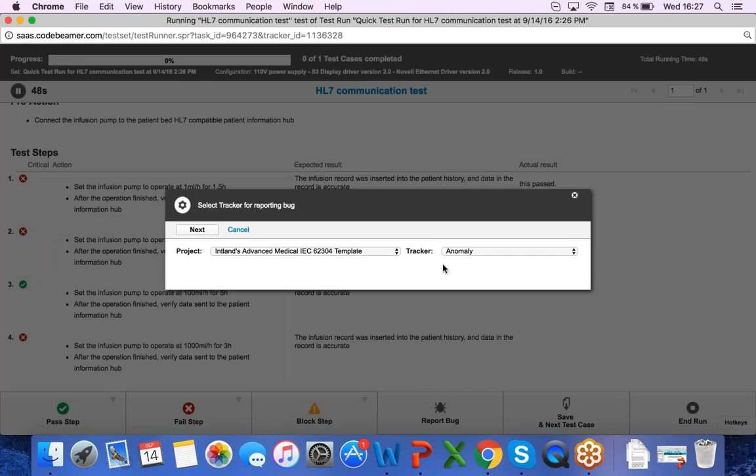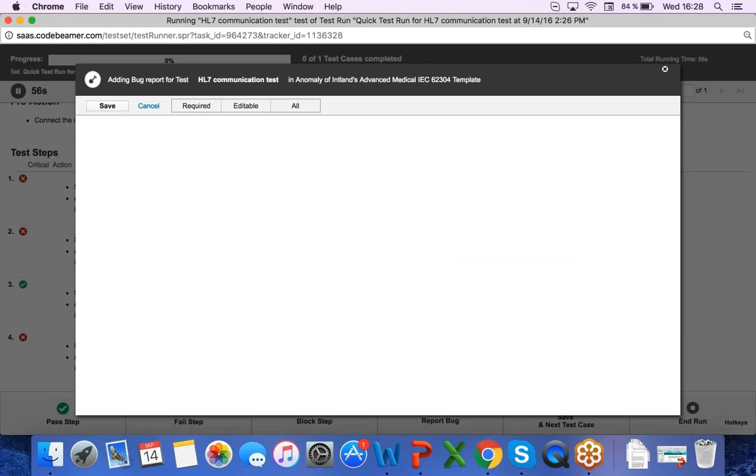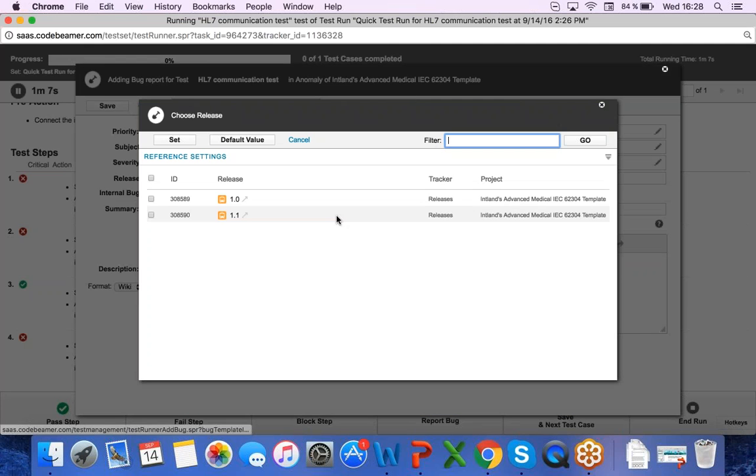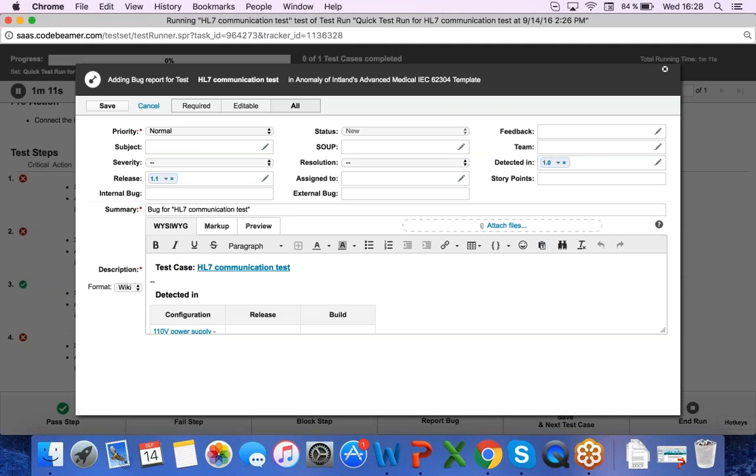Of course, I can choose which tracker I want it to be. Problem reports, anomaly. I'm going to say this is an anomaly, but it could just be a simple bug as well. I'm going to click on next, and now I can add all the relevant information for this bug. I can assign priority, severity. I can assign it to one of my releases, 1.0 for example, or 1.1. I can assign it to my developers,